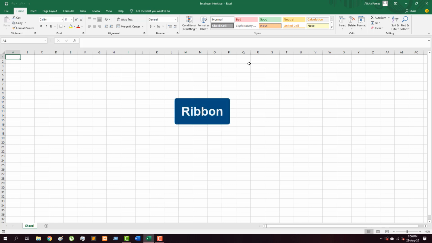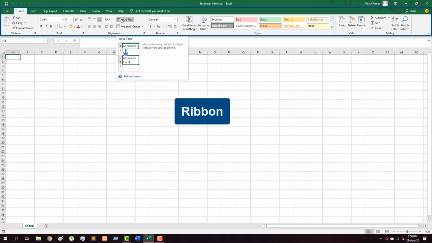Do you know which part is called the ribbon? If you don't know, no problem. You are going to learn it in a second. Here, this part is known as the ribbon. Okay, the ribbon in Excel has four basic components: